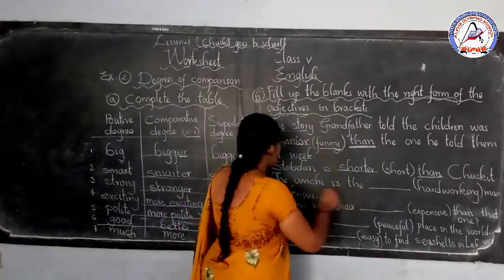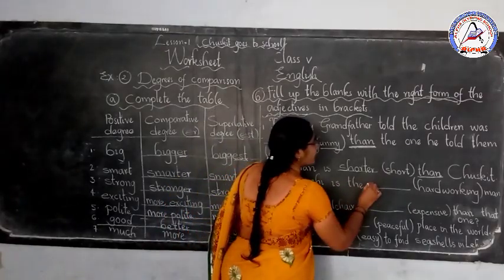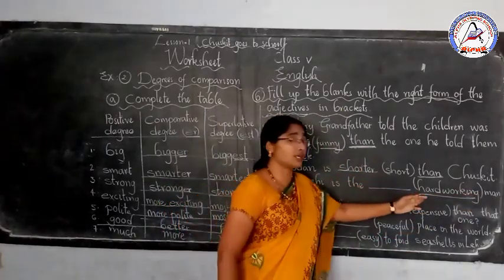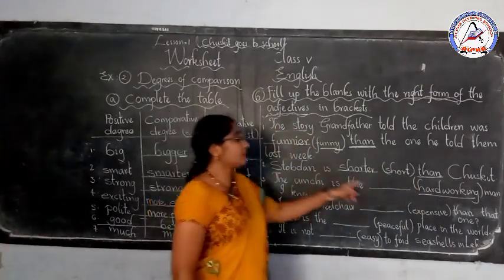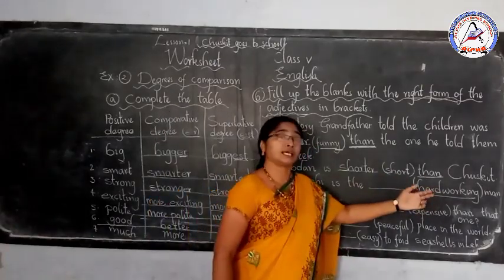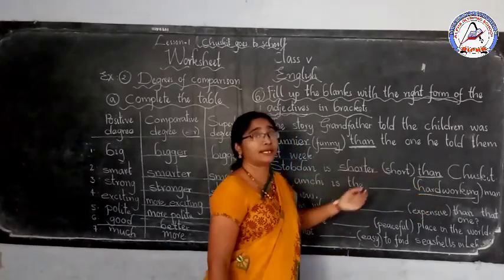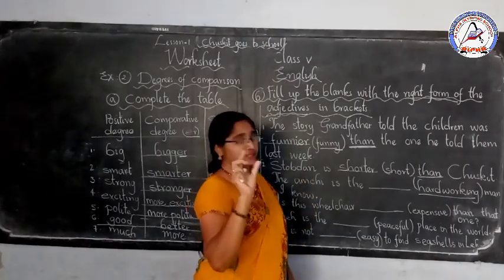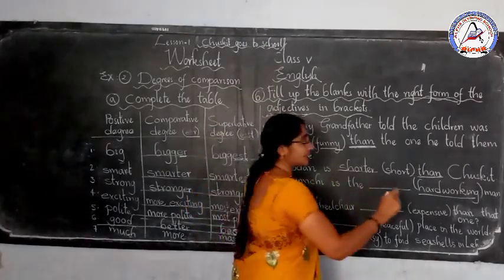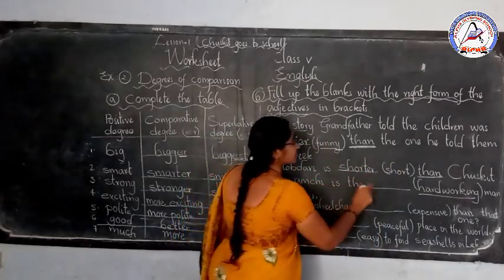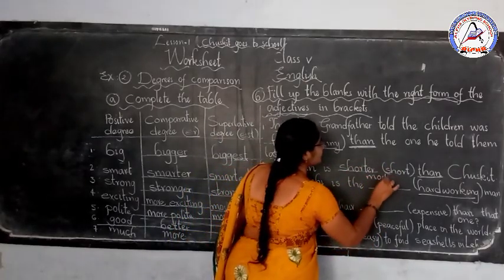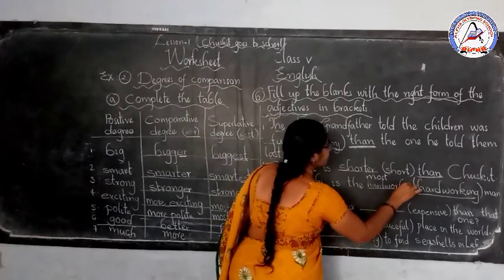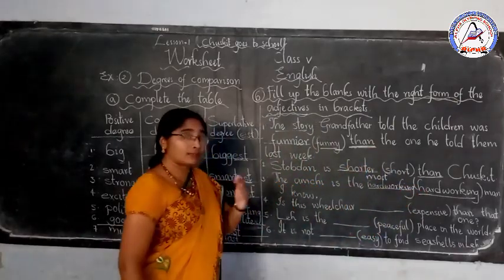So what you have right here? The Amchi is the hardworking. Here superlative form. Yes. So superlative forms, what you have to use? You have to use est. But here what is the word hardworking? Here two words. This word is also big word, so you have to write most. You can't take small est because est will be taken with small words. Here hardworking is big, so you will take most. The Amchi is the most hardworking man I know.